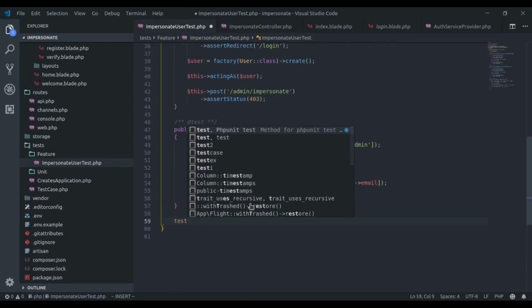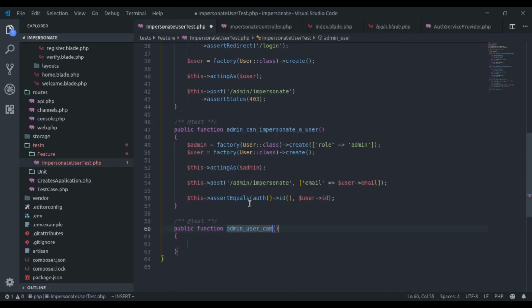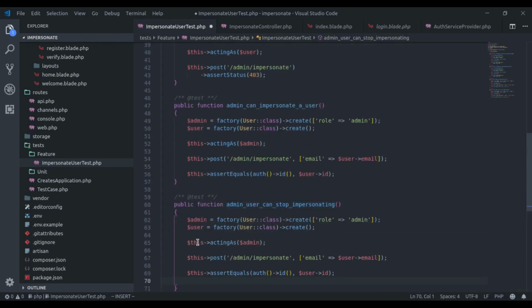Here we will say admin user can stop impersonating. Copy all of these from here. So here we are saying sign in as administrator, then submit a post request to this endpoint here to impersonate that user, and then the current auth user should not be the administrator, it should now be that user.